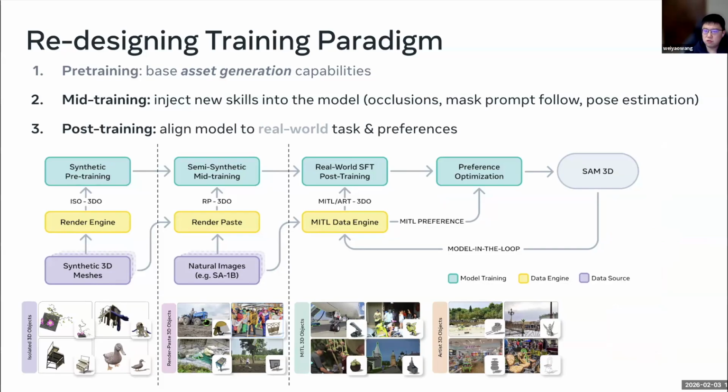It's a kind of 3D human-in-the-loop feedback, like RLHF. And then we fine-tune the model so it outputs what's aligned with human preferences. This alignment step is actually pretty important. It's what turns a capable but raw model after mid-training into something very predictable, stable, and that gives consistently good results on difficult, challenging real images.